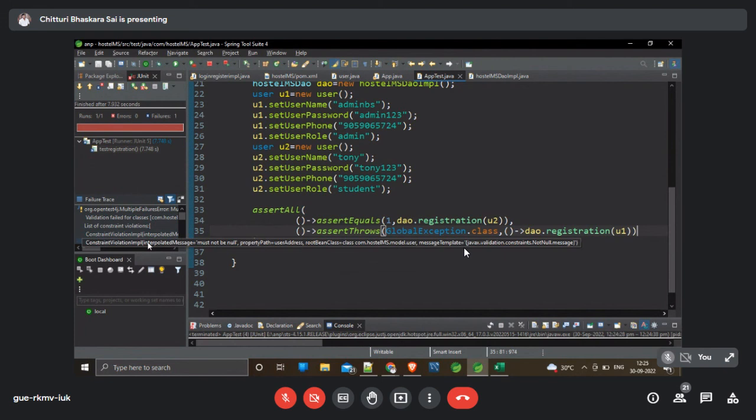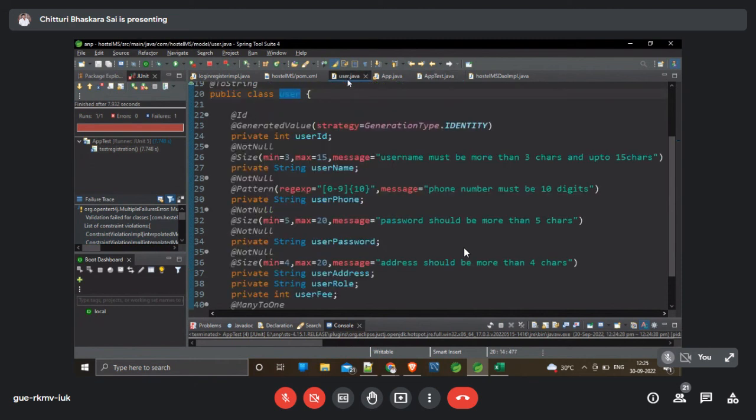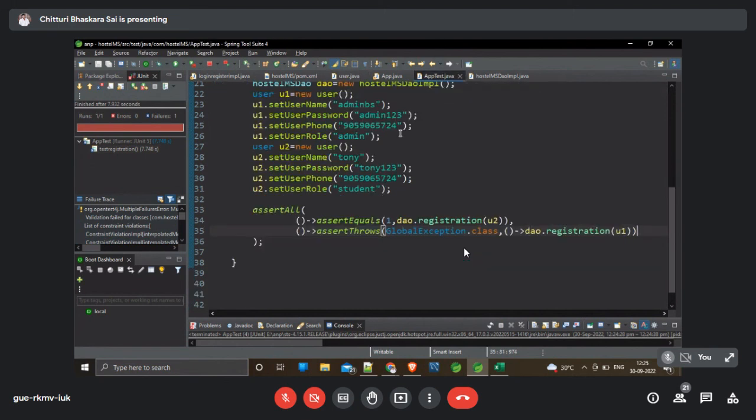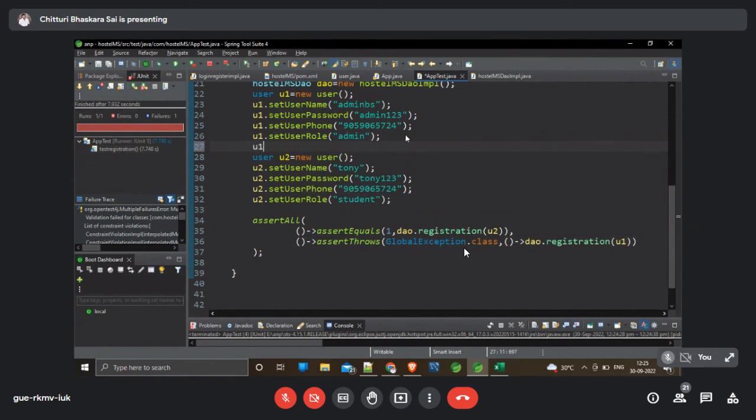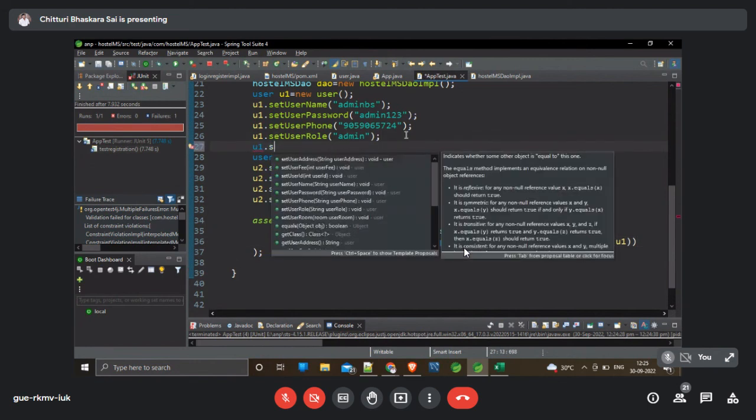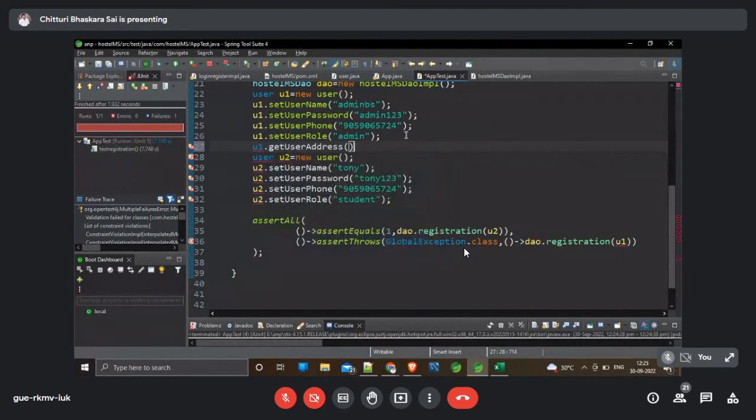Okay, so actually we wrote some validations, no? So those validations are missing actually. So we have to write the address also. I think we missed the address, so that's why it is showing some issues for us. Okay, so let's write some address also here. V1 dot set address. Address is also not null, no? But we are not passing anything to the address, so that's why